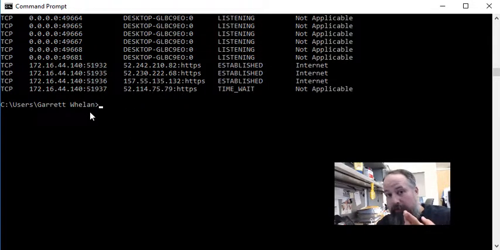I can look at my routing table. I can check the current connections and see what's listening and see if there's anything there that shouldn't be listening. And I can check the statistics for how much traffic has gone back and forth over interfaces and by protocol. A really useful tool if you want to be a hardcore networking person. You have to have a good grasp on